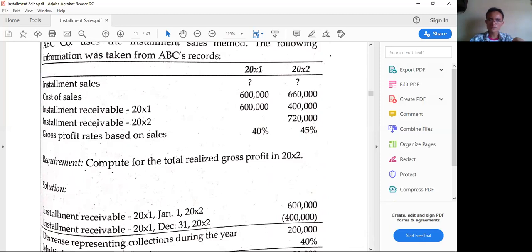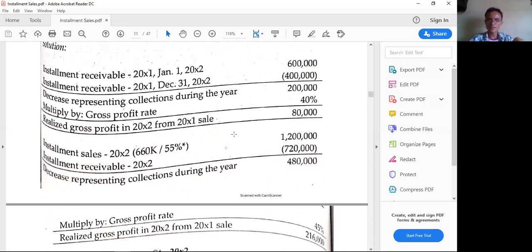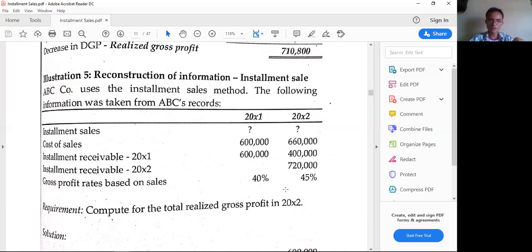We are given the cost of sales, 660,000, and the gross profit rate based on sales is 45%. We will assume that installment sales is at 100%. If that is the basis, which is based on sales, 100% minus 45% is 55%. So 660,000 divided by 55% is going to be the sales, 1,200,000, minus the receivable in 20x2,